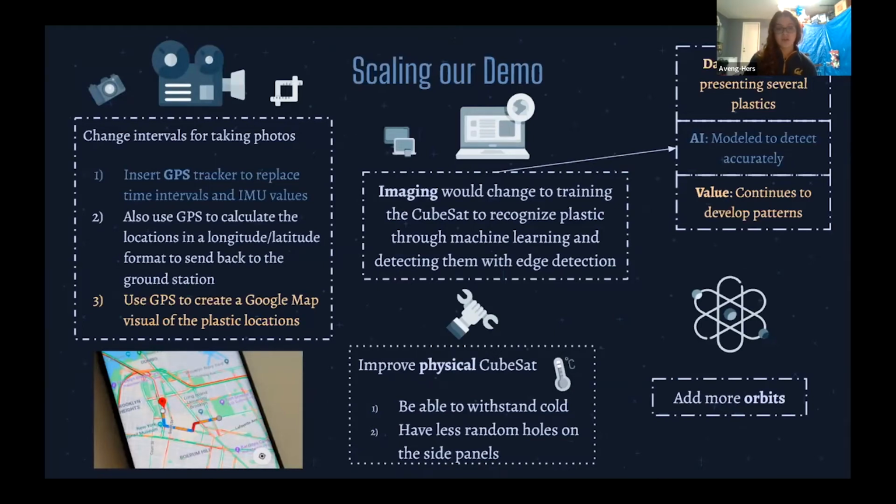We plan to also increase the orbits to 10, with different stages of each orbit. We'd start off with orbit 1, where low-resolution pictures would be taken and sent to the ground station for processing, and then do the same in orbit 2. Starting off with low-resolution pictures to find areas concentrated in plastics before taking storage-heavy high-resolution photos makes sure we don't